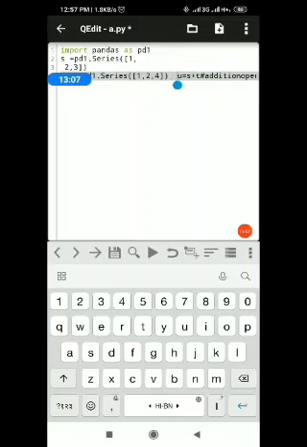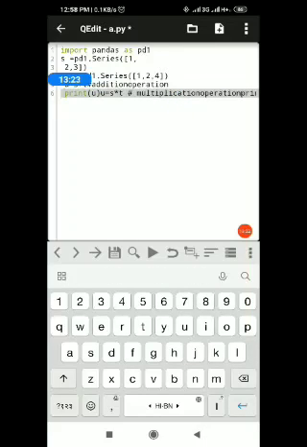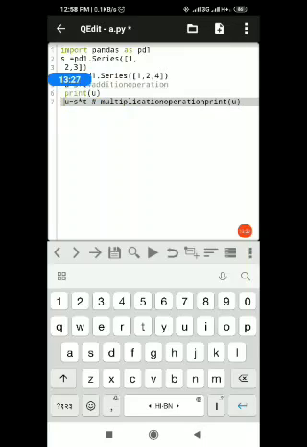Let me see what has to be done. And you have to be very careful about your indentation. Indentation will be a big problem here. You have to be very careful about indentation, otherwise it is very difficult to get the output properly.